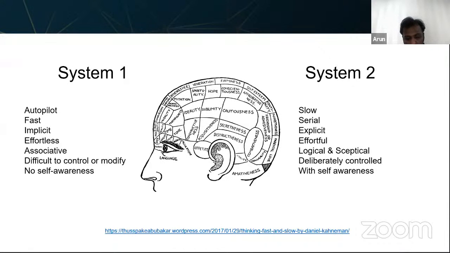For example, one of the interesting research studies looked at the naturalistic driving data of many drivers, and they figured out that the people who missed the red lights had a chance to see the red lights. They did see the red lights, but still they missed them, and they went on driving further. That's where you see the fast thinking brain is not doing well. On the other hand, you need to have these two systems in place, and they have to work hand in hand.